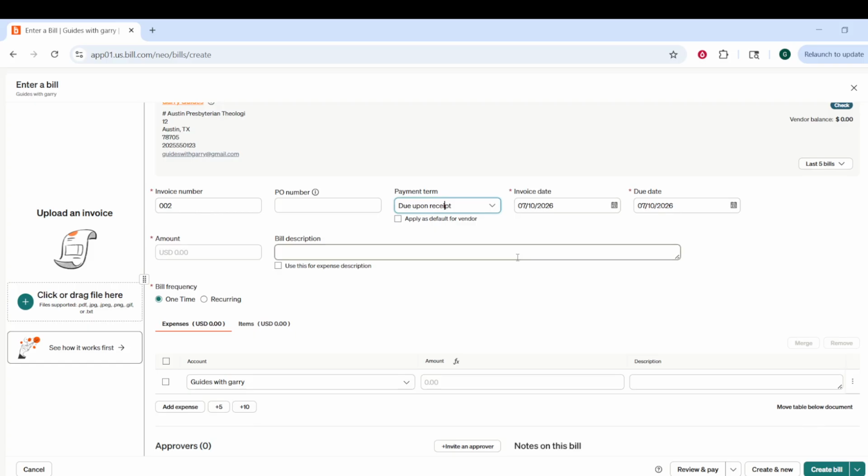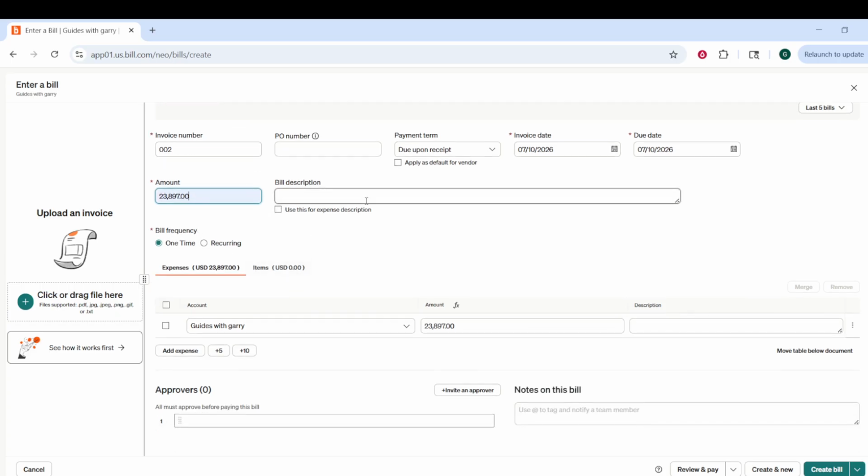In each row, enter one invoice number, and then enter the amount associated with that specific invoice. The important part is consistency and clarity. Make sure the invoice number you enter matches the invoice you received, and make sure the amount matches the invoice total. This way, even though you are creating only one bill, you still retain a clean trail of exactly what